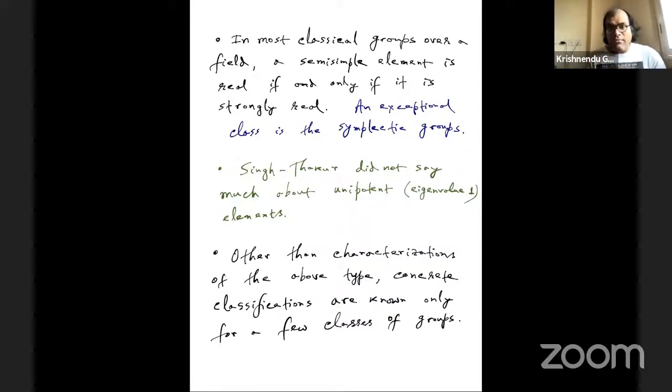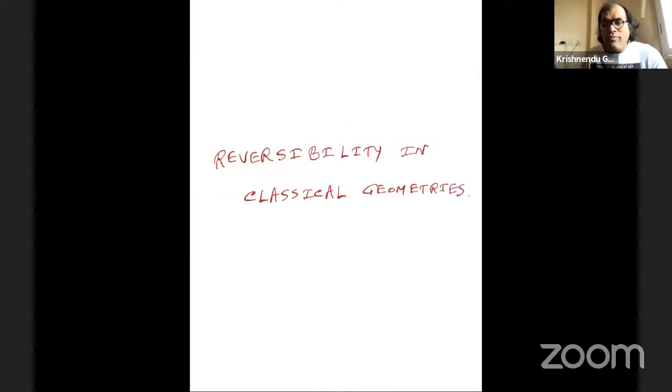I mean, can you classify them to some extent? The equivalence of real and strongly real is one question, but to classify them or to list them concretely is another question, which I am interested in. Now, because of the title of my lecture, I think it would be better if we first recall the reversibility